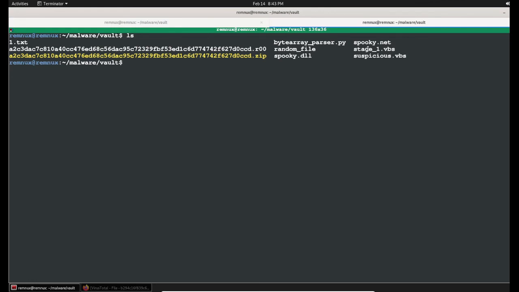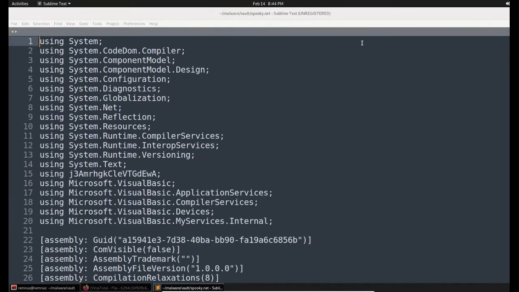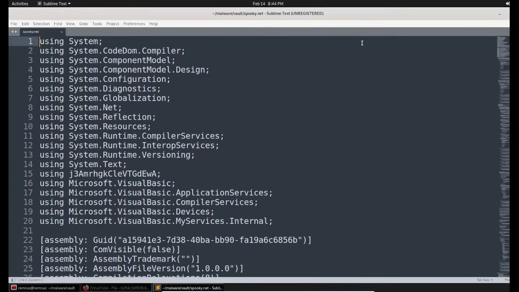At the end, when we uploaded the DLL file into VirusTotal, we found this is a remote access Trojan, and we also got the .NET version of that file, and we can continue our analysis by opening this spooky.net file to understand the behavior of this Trojan. But this is the concept for a different video, and for the current video, this would be more than enough.